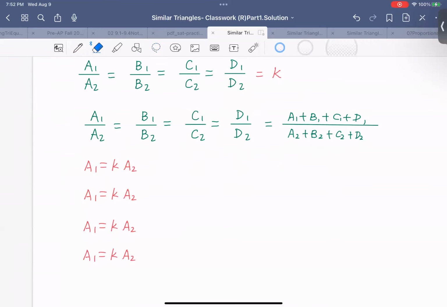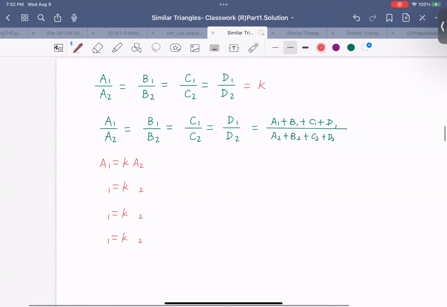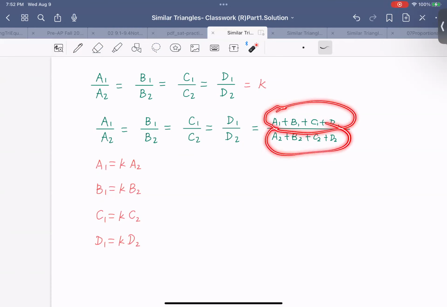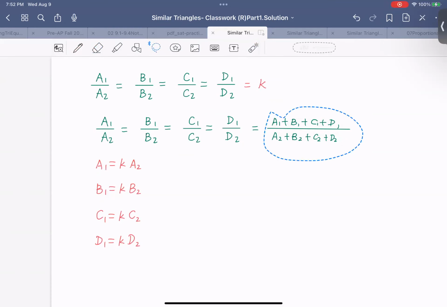So if your A1 is equal to this, your B1 and C1 always have the same pattern. Your A1 is k times A2. Your B1 is k times B2. Your C1 is k times C2. And your D1 is k times D2. Okay? Correct? You agree with this? Okay. Now, this is going to equal to